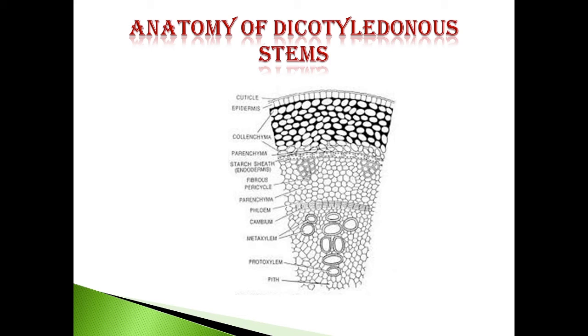The cambium layer increases the size of the vascular bundle by forming xylem cells on the inner side and phloem cells on the outer side. This is the inner side of the xylem and the outer side of the phloem cells. Here is the phloem, and here the cambium ring is present. If the cambium ring is present between the xylem and phloem, that is known as the open type of vascular bundle.